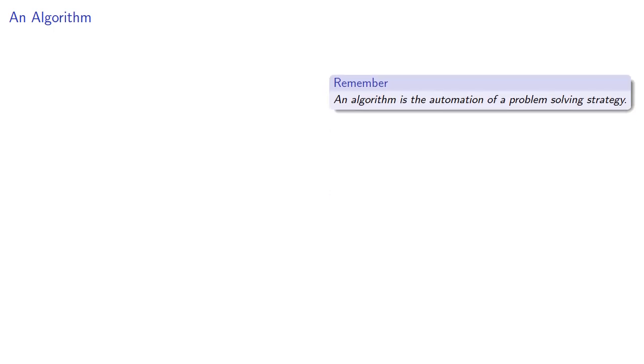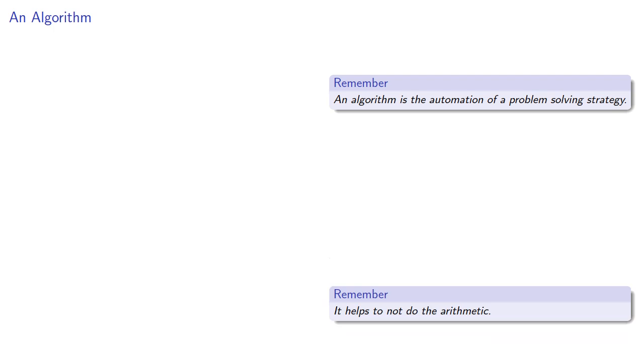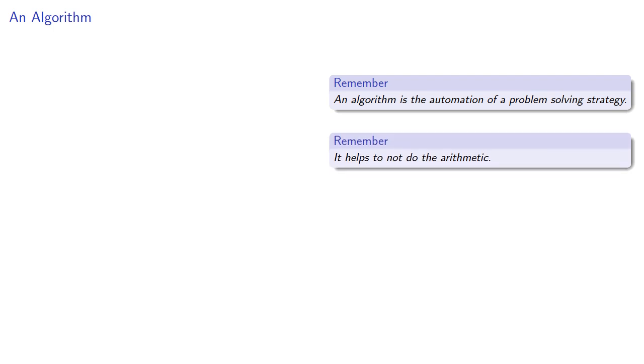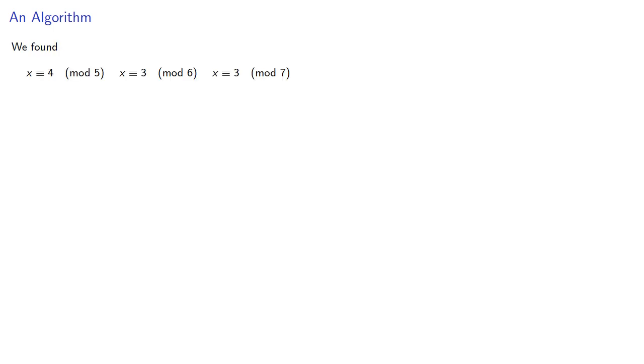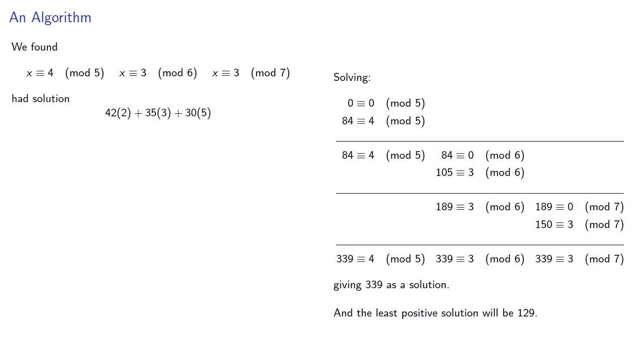So now let's turn this into an algorithm. An algorithm is the automation of a problem-solving strategy. And when building an algorithm, it helps not to do the arithmetic. So here we found that our system of congruences had the solution, but in fact these numbers 2, 3, and 5 were found by multiplying